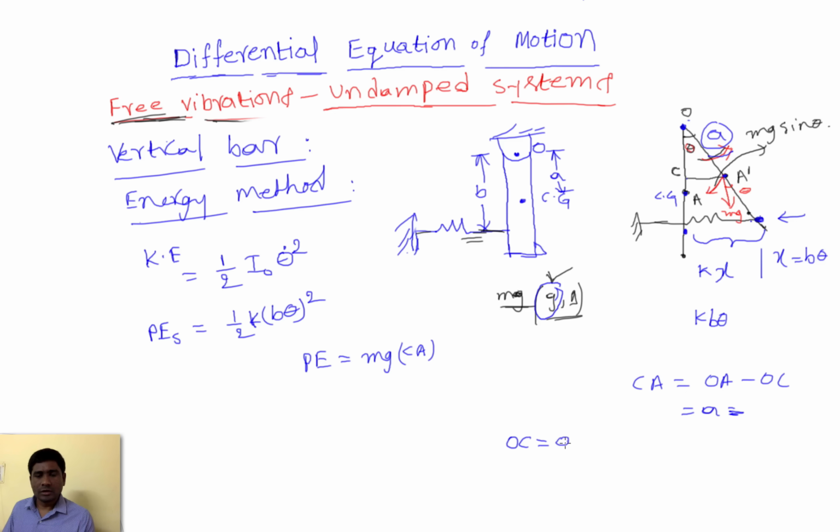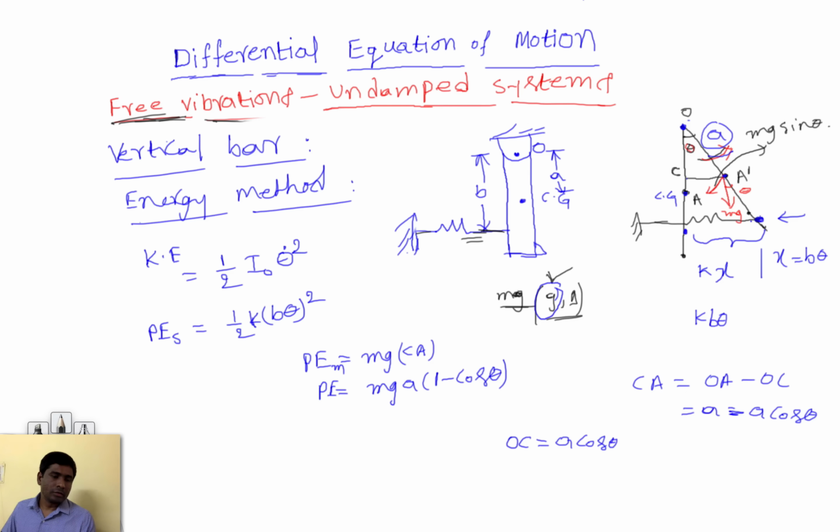OA dash means a into cos theta. So PE of the mass equal to mg a into (1 minus cos theta),